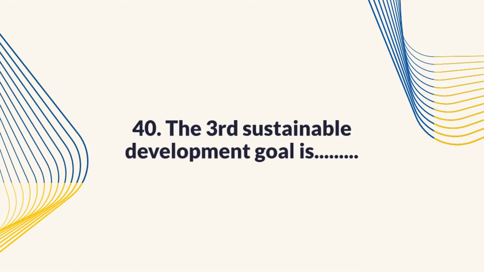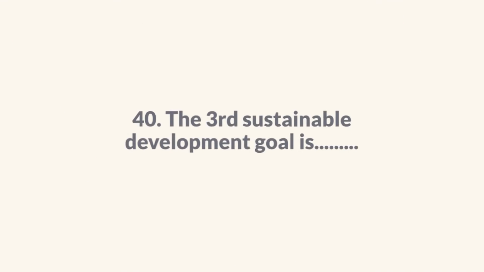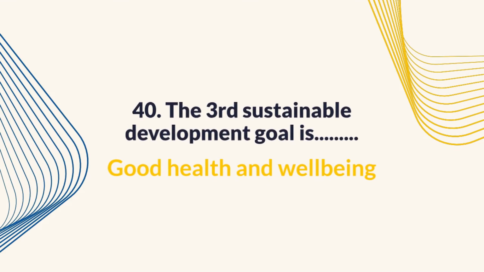40. The third Sustainable Development Goal is. Answer: good health and well-being. Of course, the third Sustainable Development Goal is all about making sure everyone, everywhere, has access to good health care and lives healthy lives. It's like saying, hey, let's work together to make sure everyone's healthy and happy, because that's the foundation for a better